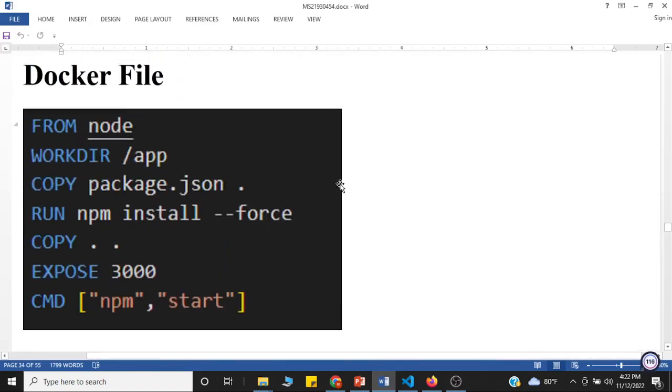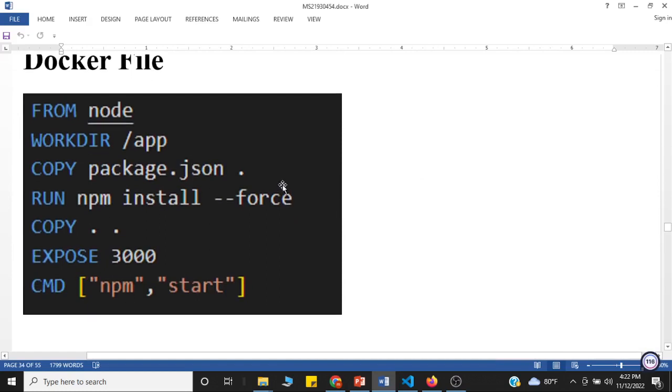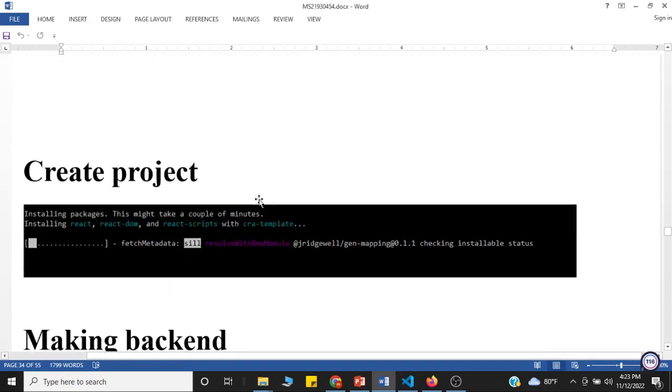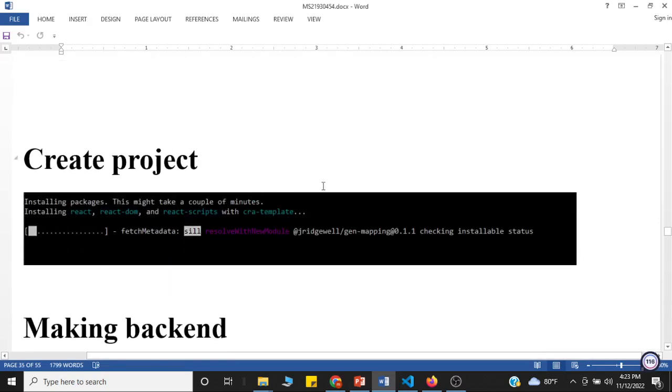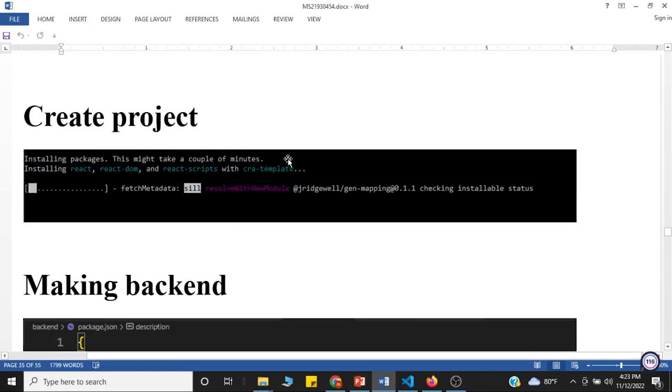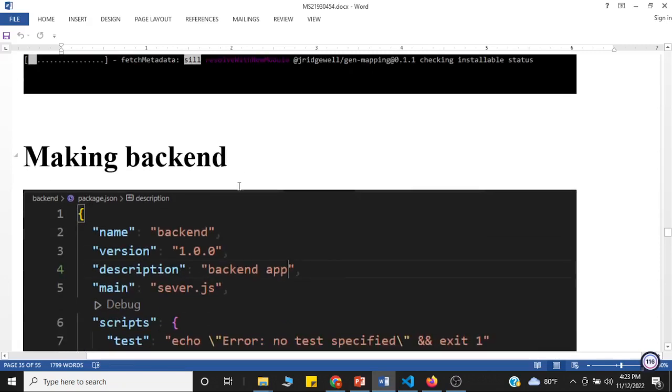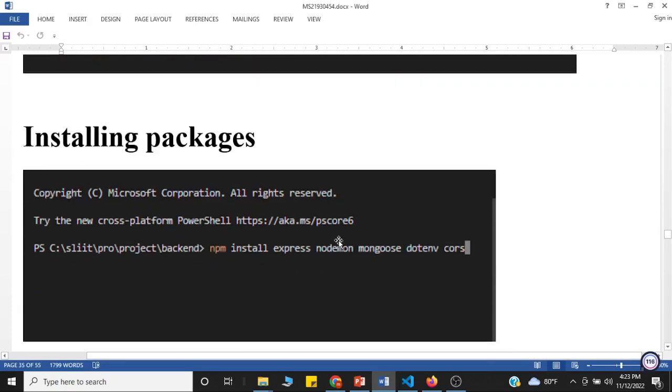Here also Docker file. Before we make a Docker file, Docker image, I have to run this command, npm install --force, and then I make a Docker image, and this is how I create the project, and all the images I included to my project. And making the backend part also there, and installing packages like